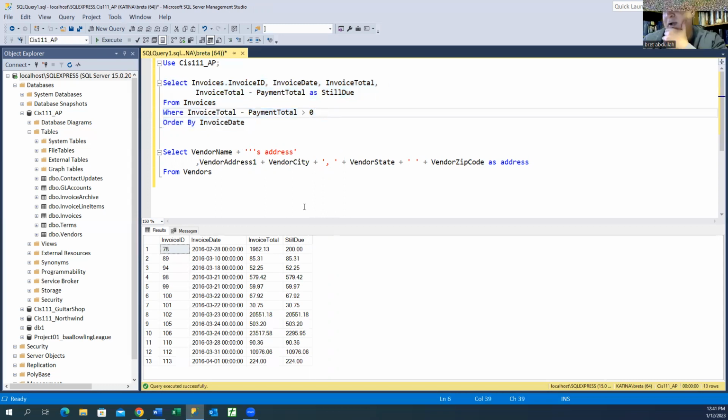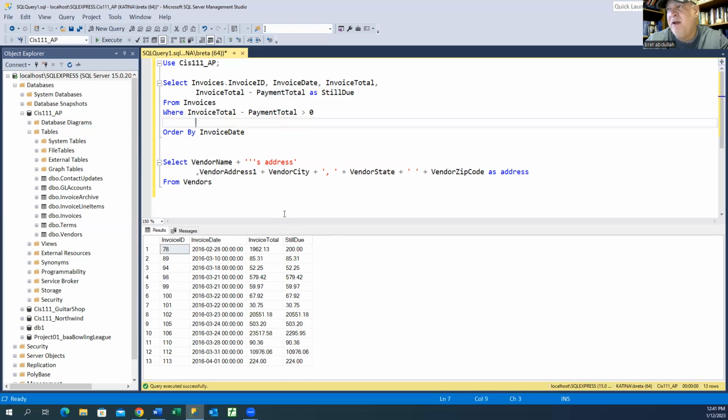Now we can also check for dates. Now notice that it is displaying the time, but all the times are midnight. So that's good. But let's say we wanted to check all the invoices from March 10th through March 31st. We could do something like this. And invoice date. Let's say we'll do everyone in March. It's greater than,